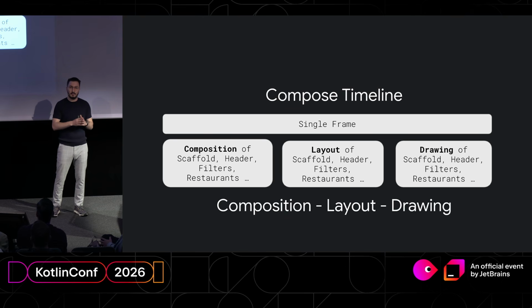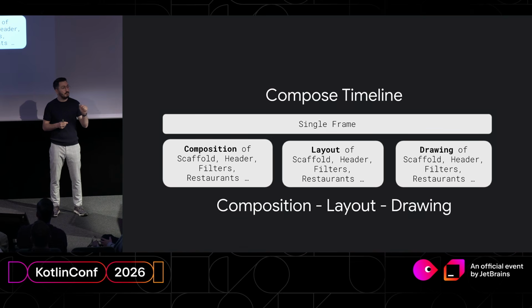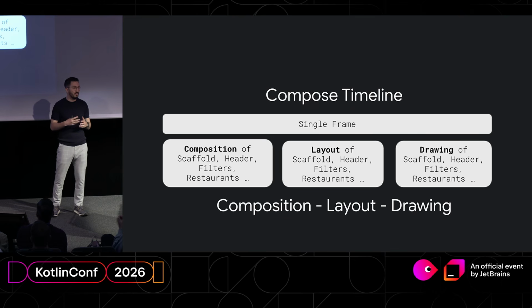Before doing all of those phases, like layout and measurement, Compose has no idea if a component will be on the screen or not, so it will not be able to do any of the drawing or any of the optimizations